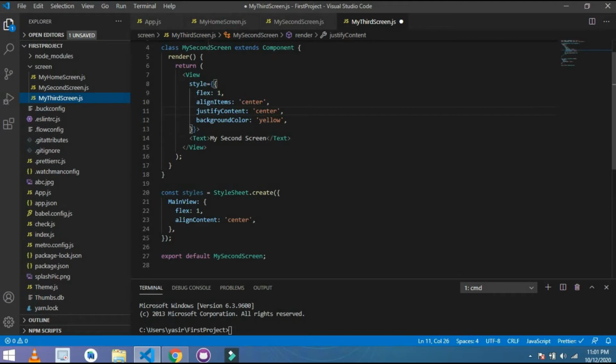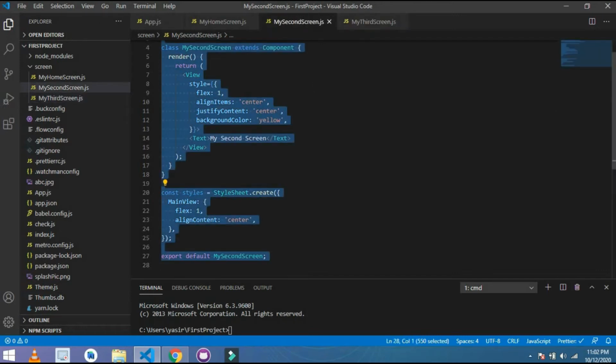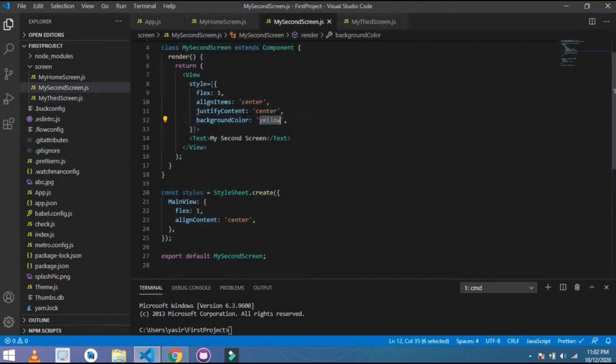Copy, paste it here, paste it here, paste it here. Give here a color pink and here white or